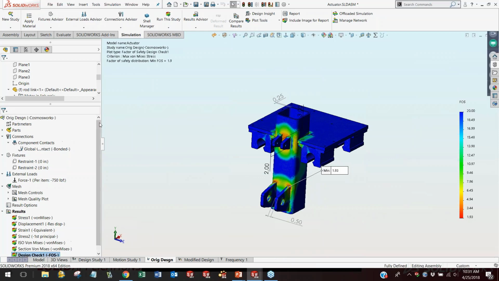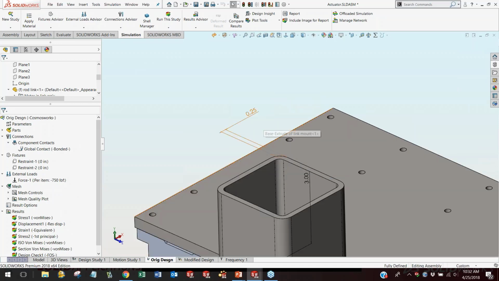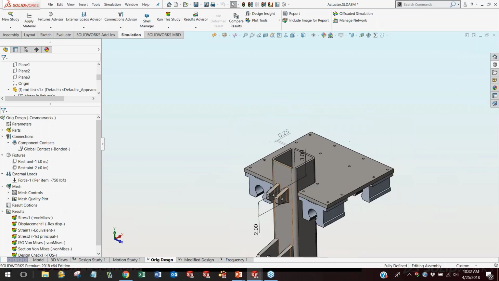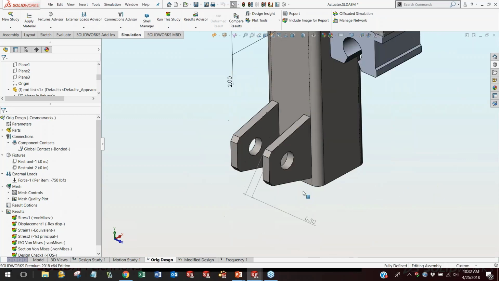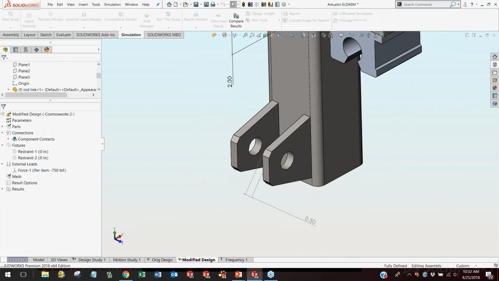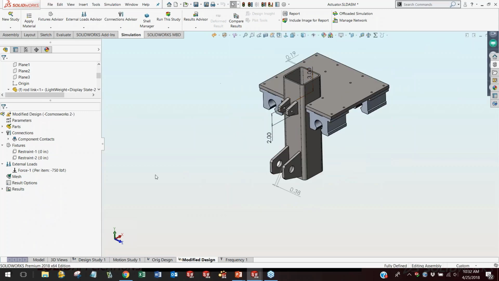One other thing I wanted to show you is that the model is interactive regarding making design changes. So what I've done here is I've got another configuration where I took the thickness of my tube and changed it, and I took the thickness of these two tabs down here and changed that. And that's in the other study. So you can just change your study, change your configuration. I've got a different configuration where now this guy is thinner and this guy is thinner, and we can simply